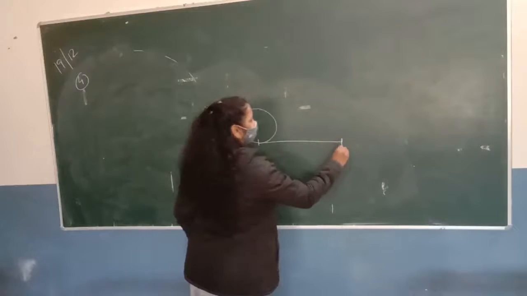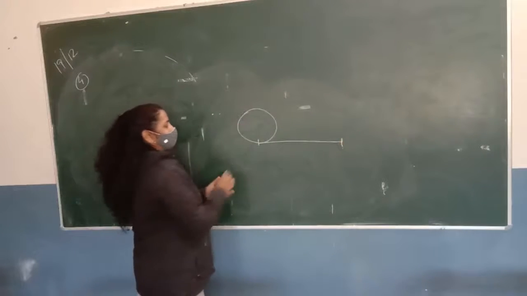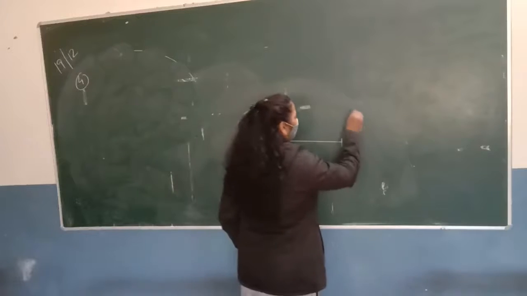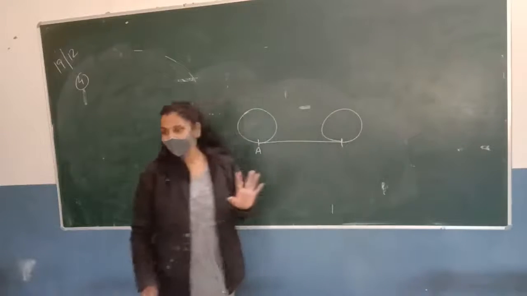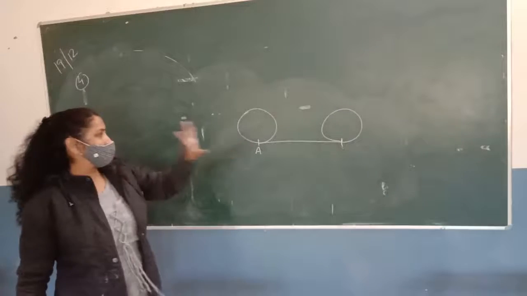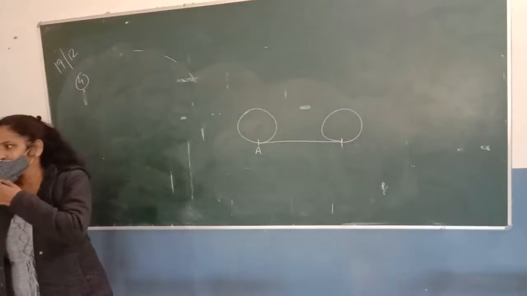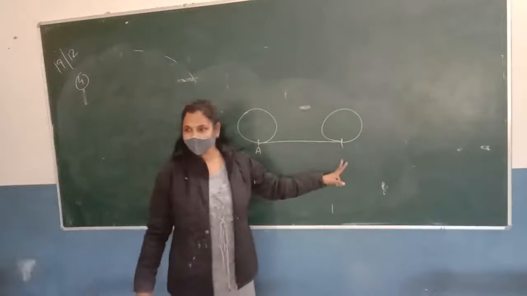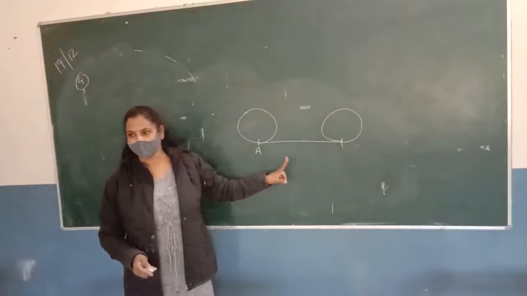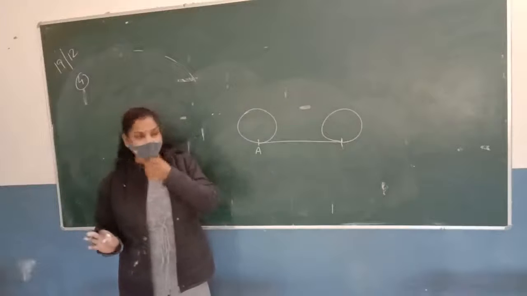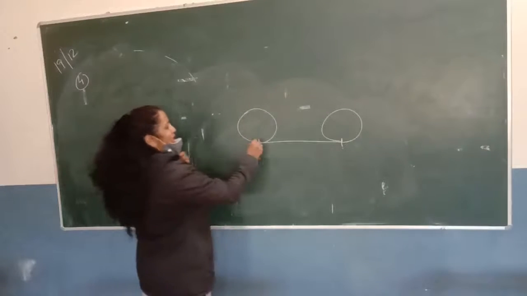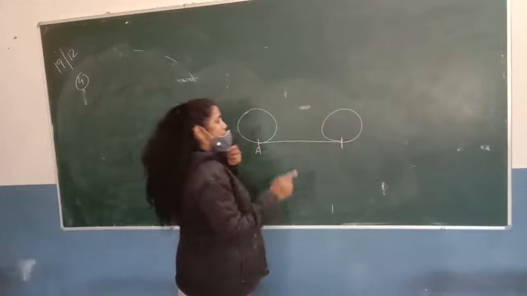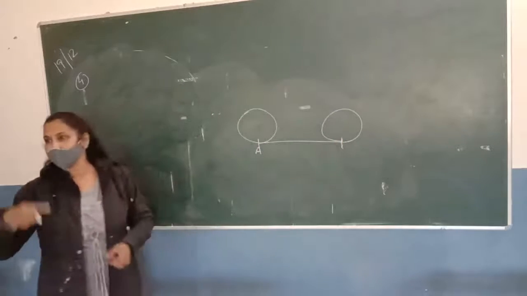Suppose एक revolution लिया, यहाँ से चलना शुरू करा इसने, और पूरा घूम के जब ये यहीं पहुँच गया तो हमने कहा एक चक्कर पूरा हो गया. So how much distance is covered by this wheel? 2 pi r. The distance covered by the wheel in one revolution is equal to the circumference of the circle. है ना? सिंपल बात समझ में आता है कि अगर सर्कल है और यहाँ से शुरू करता है, यहाँ पहुँच जाता है एक रिवॉल्यूशन में, तो the distance covered by the wheel will be the circumference of the wheel.